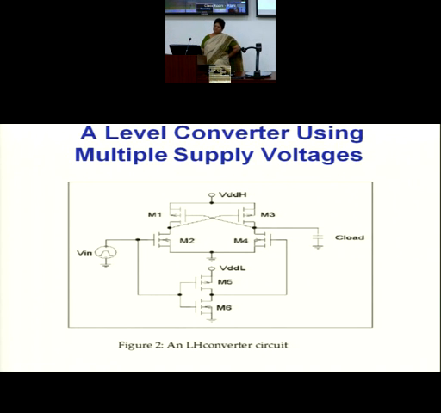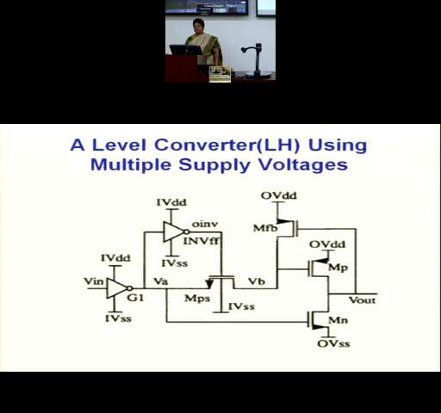It also helps in reducing the delay to a certain extent. Because if there is a fight, the delay is tremendous, because one path tries to charge while the other path tries to discharge. So the moment one path is completely off, there is no competition. It's very easy for the node to either charge or discharge. Another possibility is this, which is again using a multiple supply voltage concept.